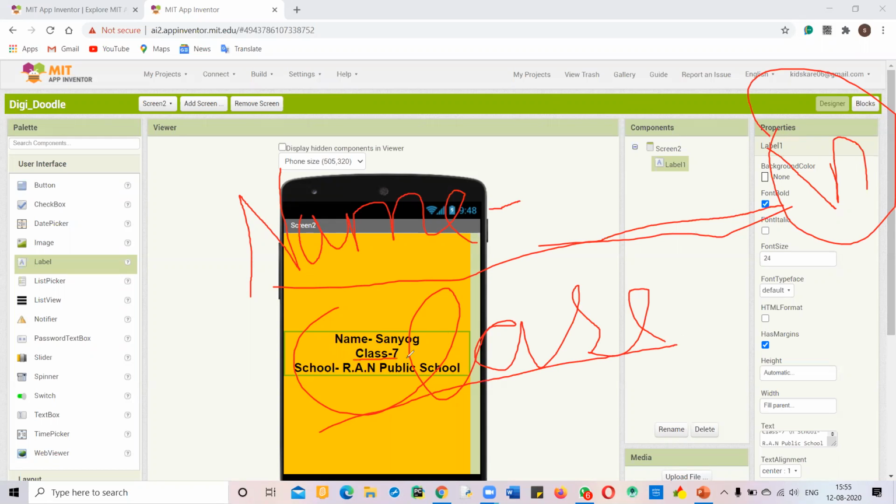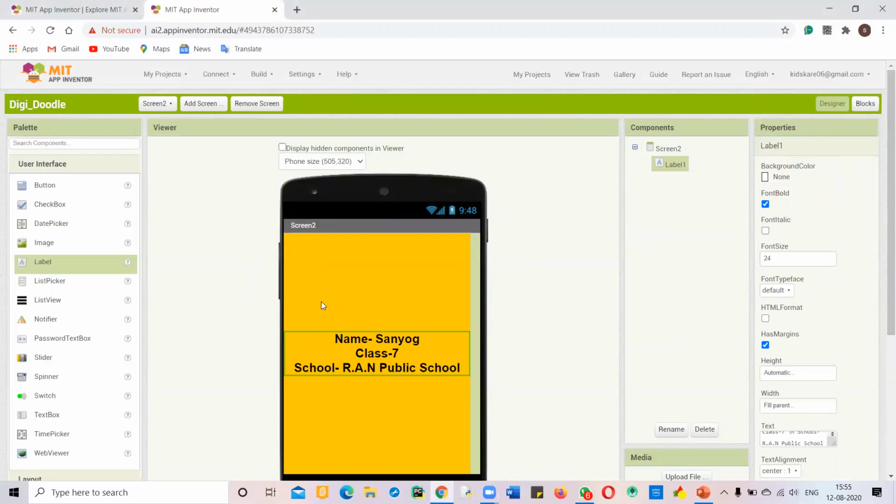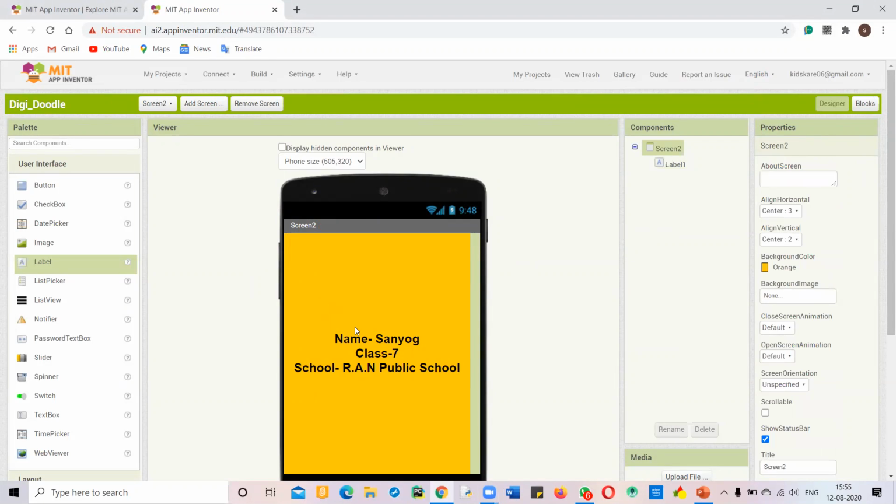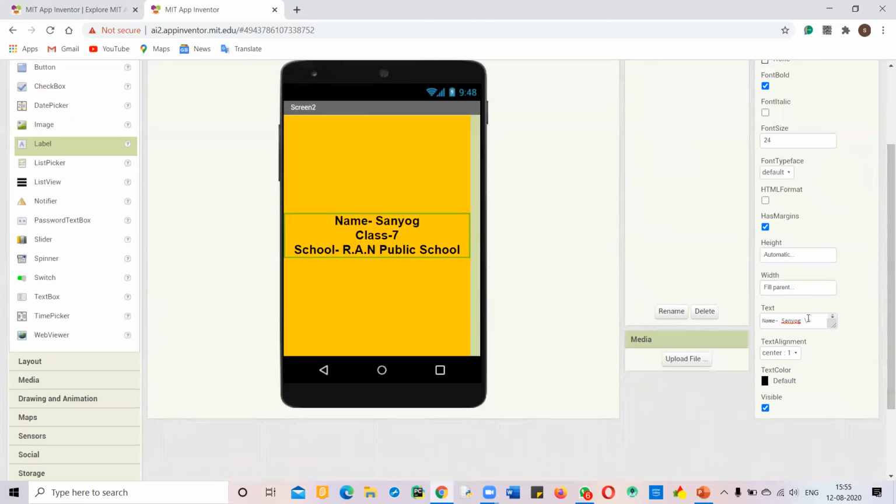It will come in next line. Otherwise, what happens in the label, everything comes in one line, one single line only. But if you use backslash n, then the line changes.